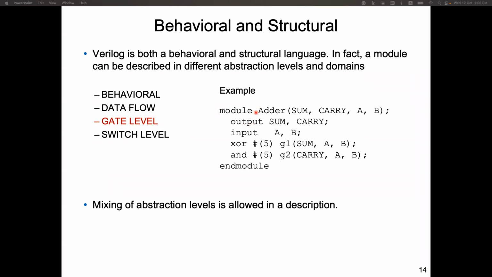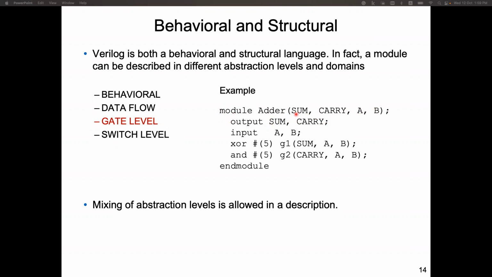So I define a module called ADA. The module name is ADA. It has 4 terminals, 4 I/O ports, sum, carrier, A and B. So that's the first line to define the module. Then after this first line,